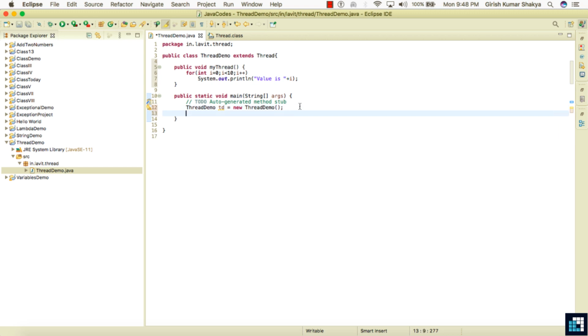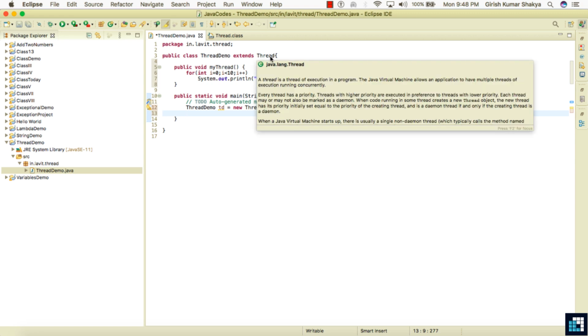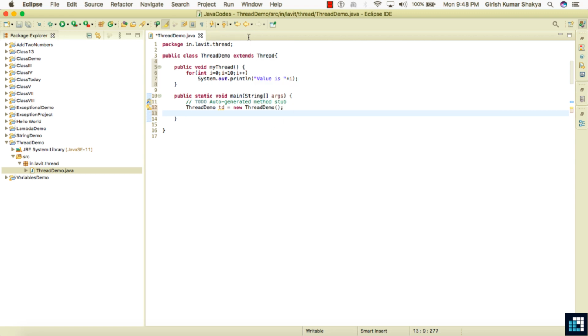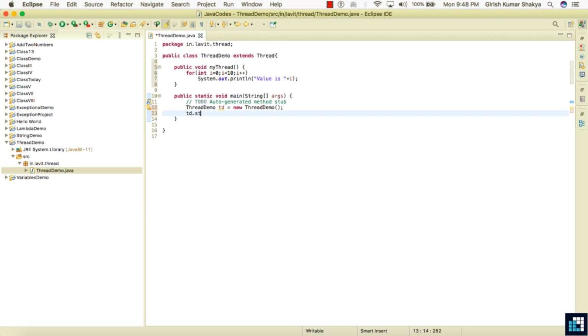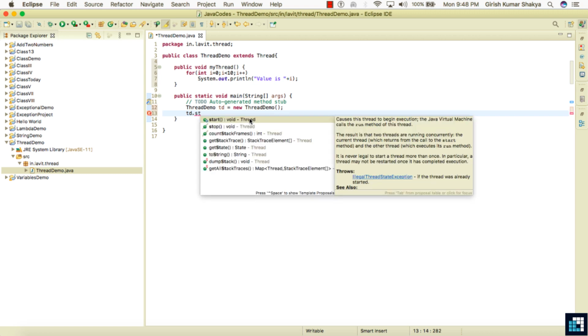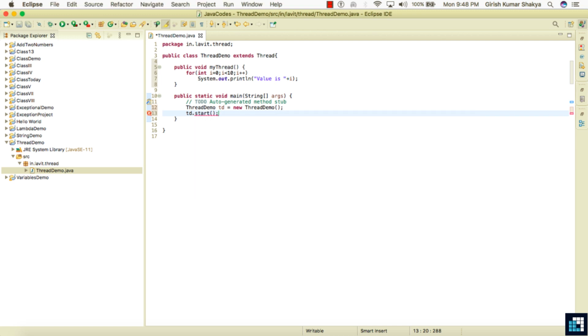As we know, we extended the class Thread, which is used for concurrent operations, and there is a method named start. So if I use td.start, it causes the thread to be in execution; the Java virtual machine calls the run method of the thread. So let me run it here.